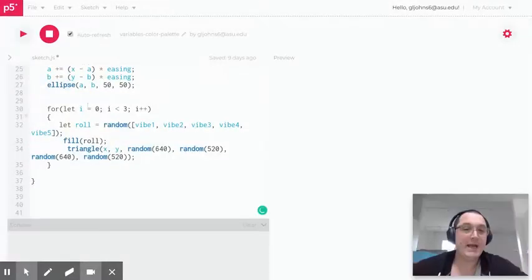In any case, it's going to allow you to sort of have a little bit more aesthetic control. And again, this is going to work with any